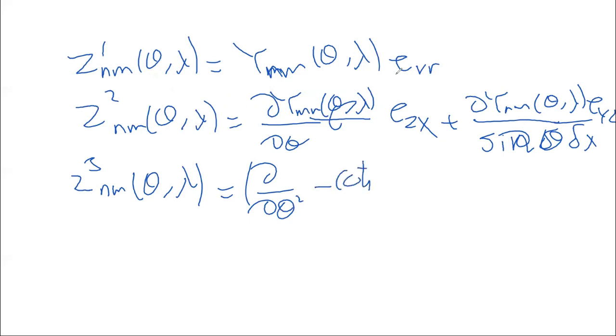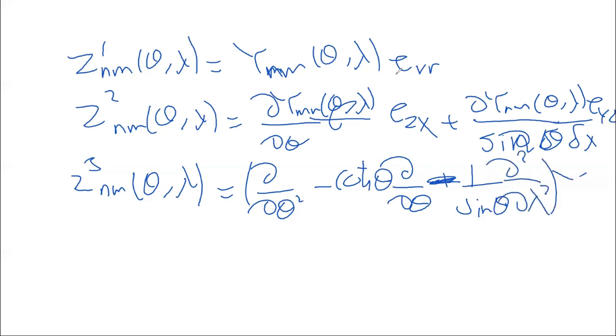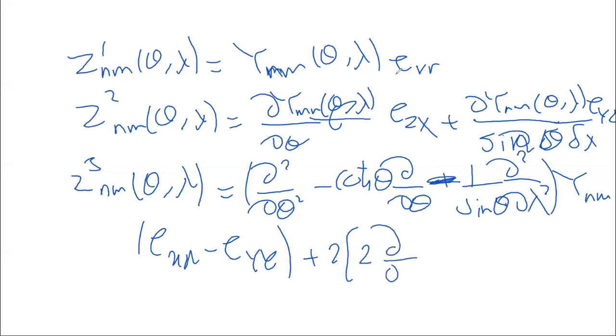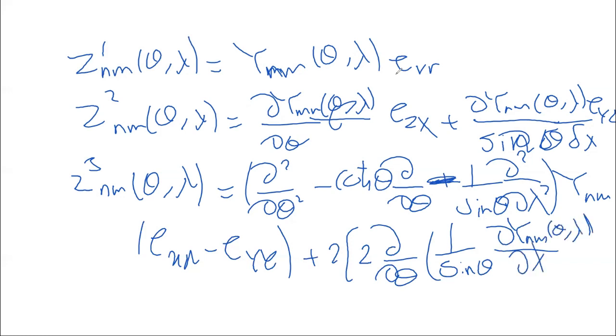Is operator function theta minus 1 over sine theta d lambda 2 Y and m exx minus eyy plus 2 multiplied by 2, 1 over sin Y and m lambda theta lambda and exy. There are more, but